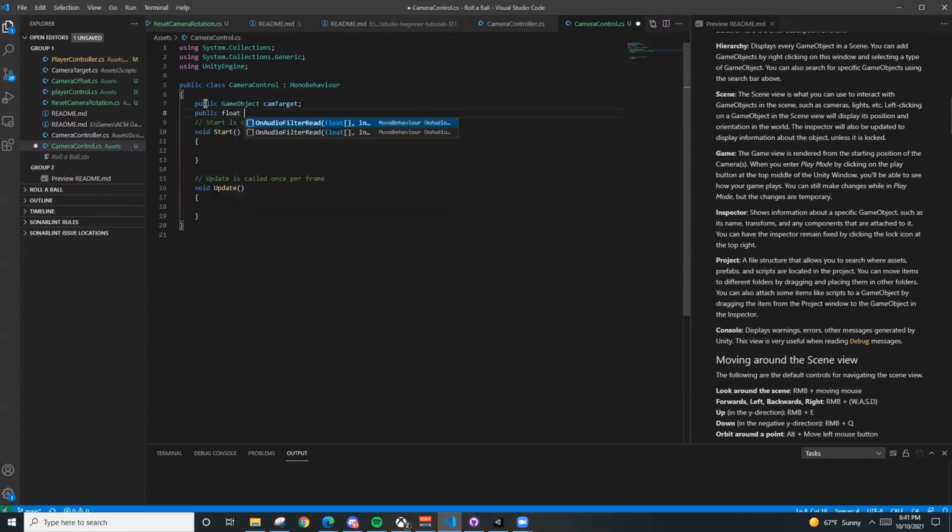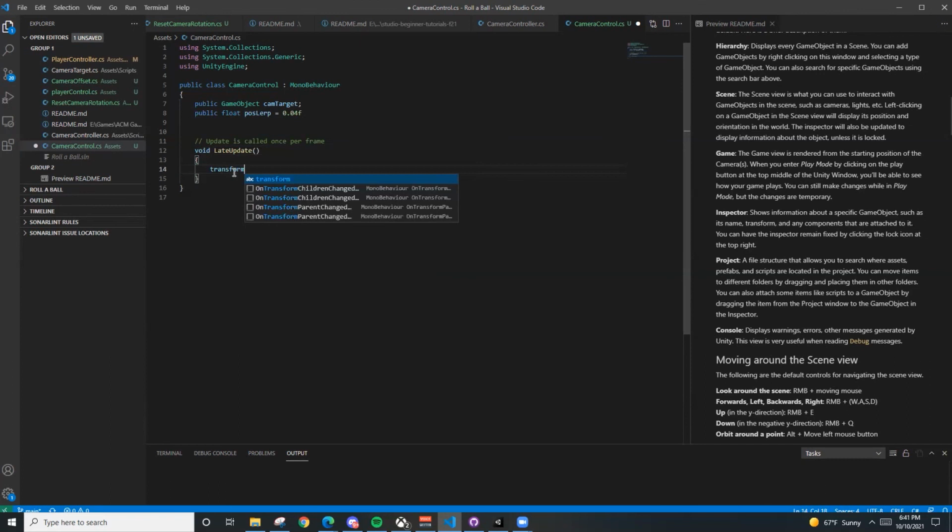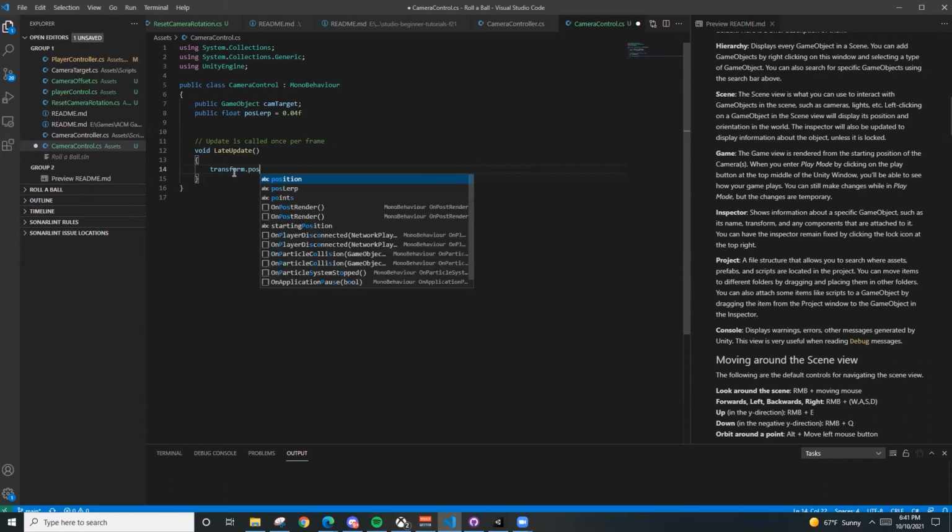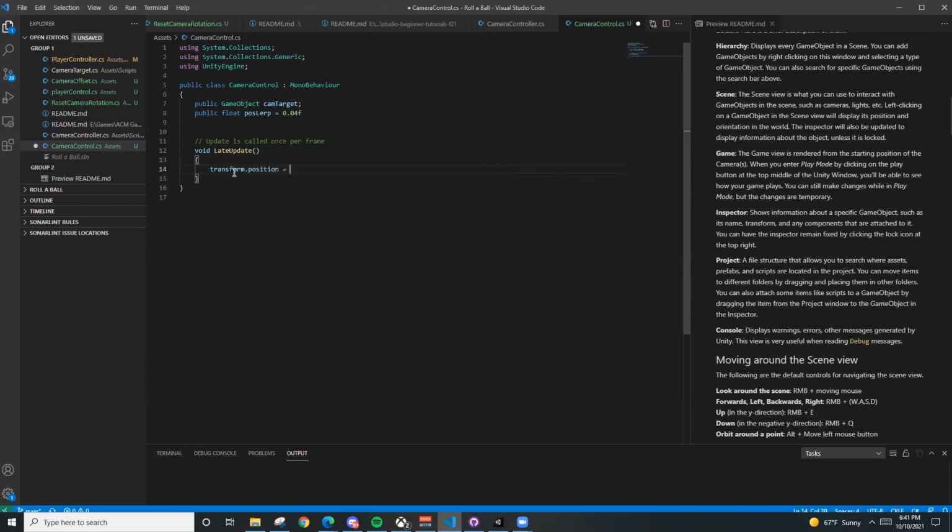We'll also define something called position lerp. I'll explain what that means later. Similar to the target, we want to define this as LateUpdate, after all potential transformations to the ball's position have been made. And what we do is we set the position of the main camera to